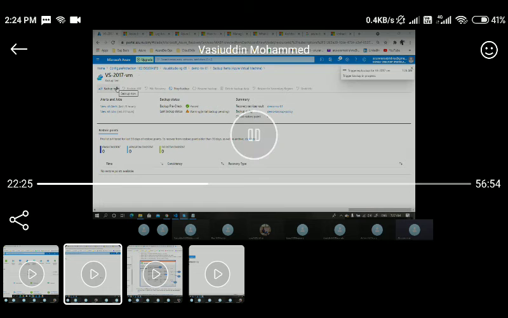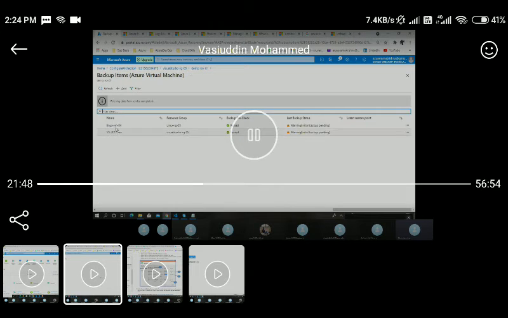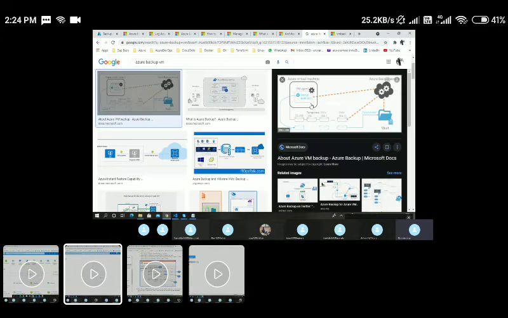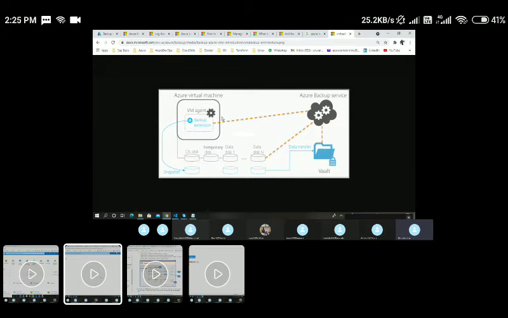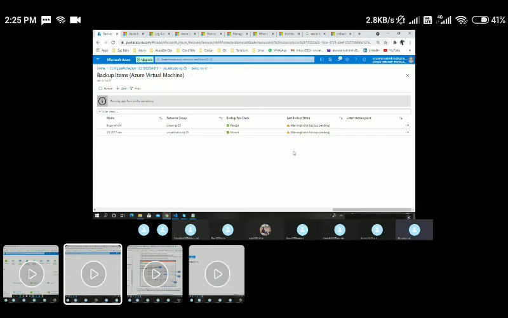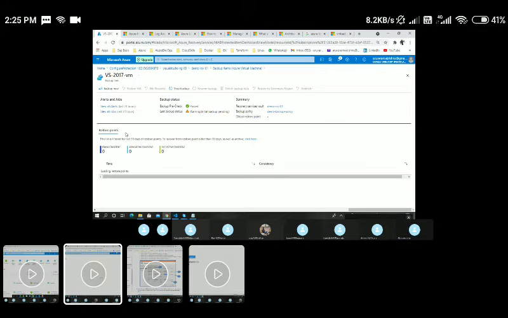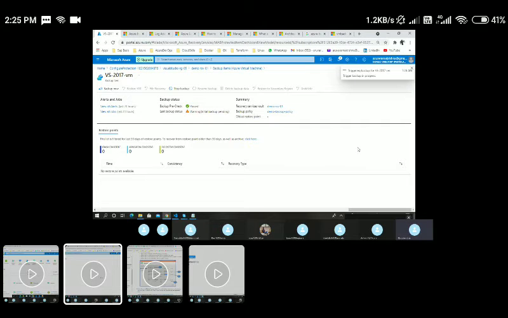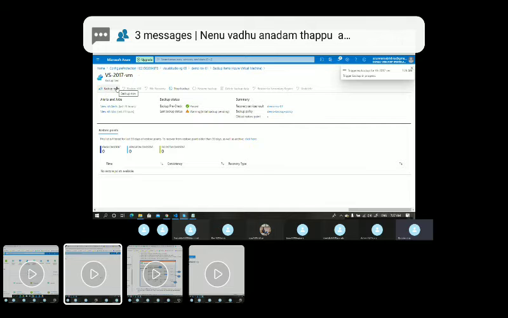Here I'm triggering it manually. And here you could see the two VMs with respect to this resource group, and the backup pre-checks have completely passed. That means it might have installed the backup extension. It is waiting for the initial backup, which will be done as per the policy we have defined. If you wanted to do it right away, you can say backup now, click on OK, and it will trigger the backup immediately. Here I'm triggering it manually.